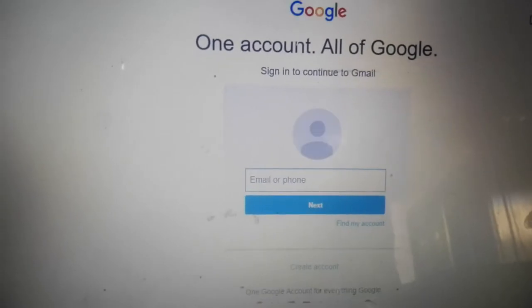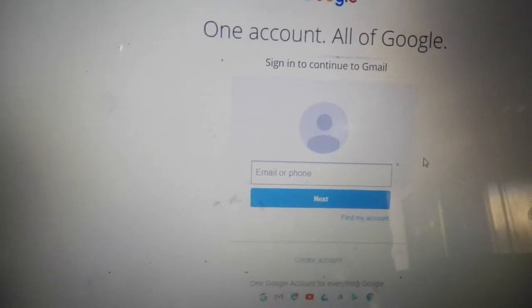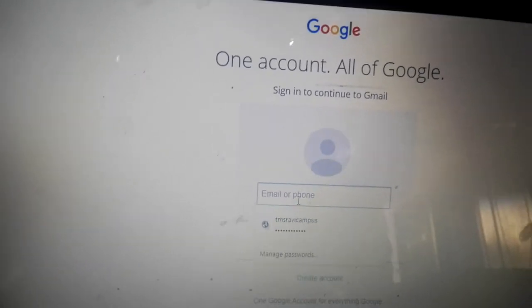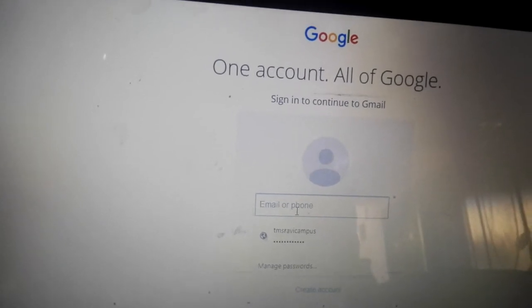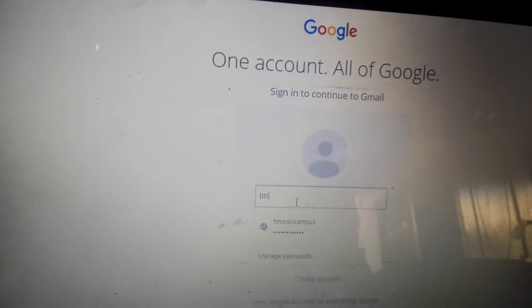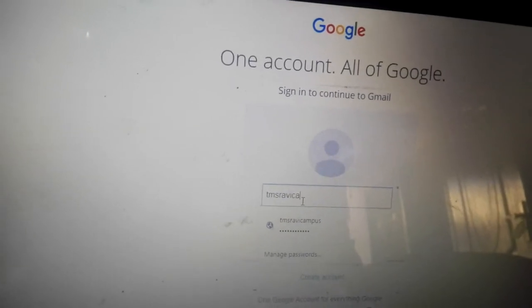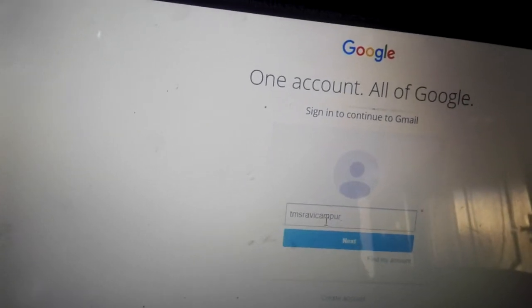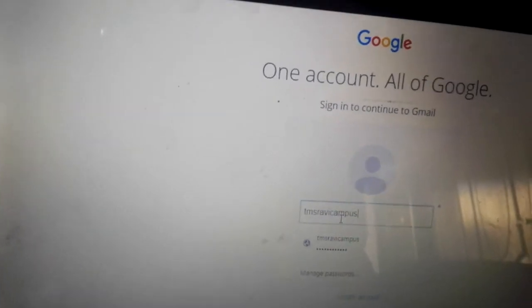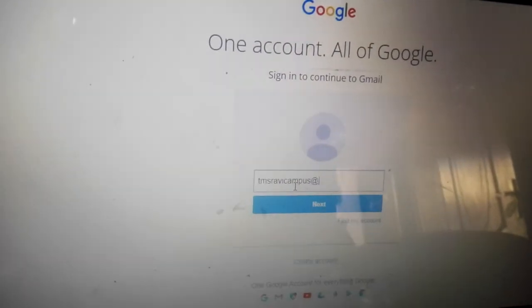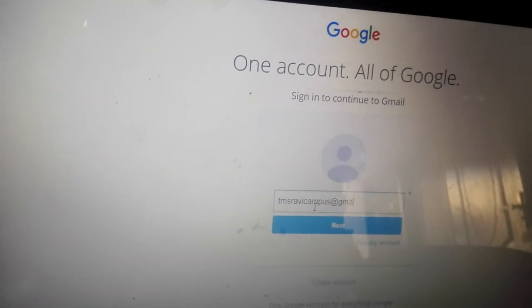So here this window will appear. Here we will write our email, our school email, like TMS Ravi Campus, then we write @ of gmail.com.